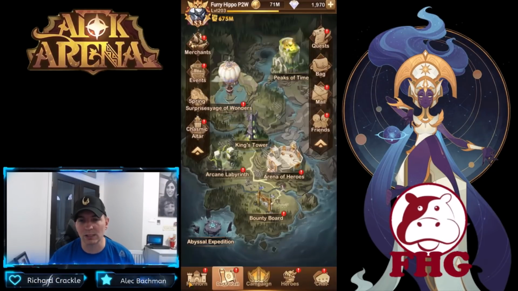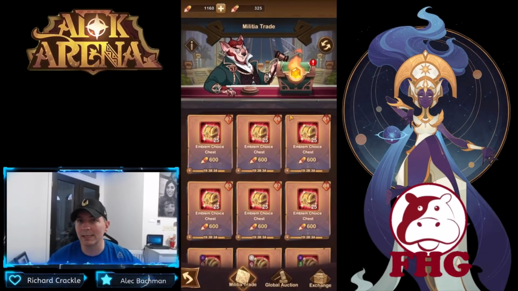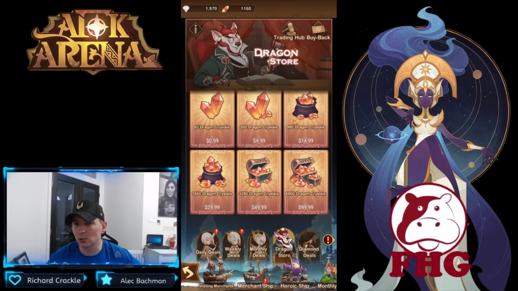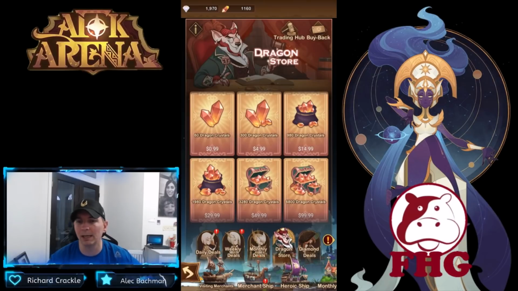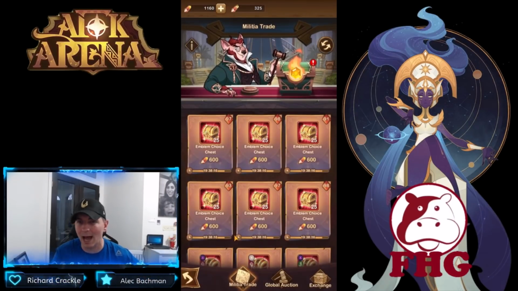This is the spot right down here at the very bottom that most players, again, never really visit because there's no reason. Out of the trading hub, you have 2 different resources. One, you have these unbound dragon crystals. The unbound dragon crystals you can purchase in here for money to give you a chance to bet or bid on items. Right here, I have 1,160 of my dragon crystals, which you accumulate from finishing